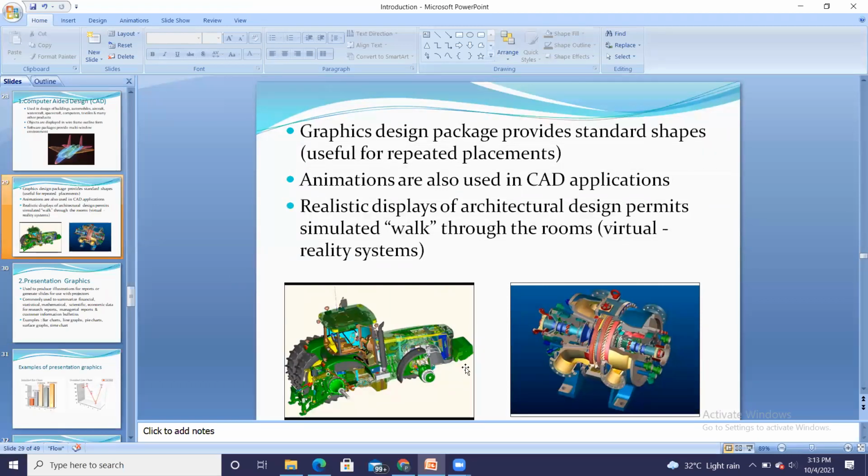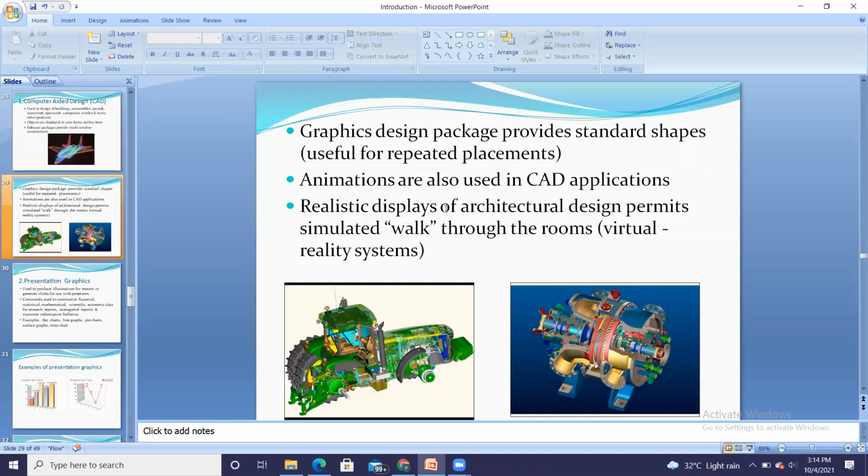Here the graphics design package provides standard shapes like circle, rectangle, triangle. These standard shapes are provided by the graphics design package in the CAD, so the inbuilt shapes are available and we only have to use them.